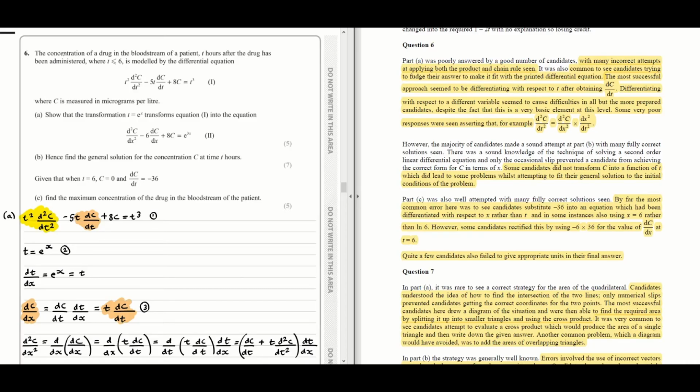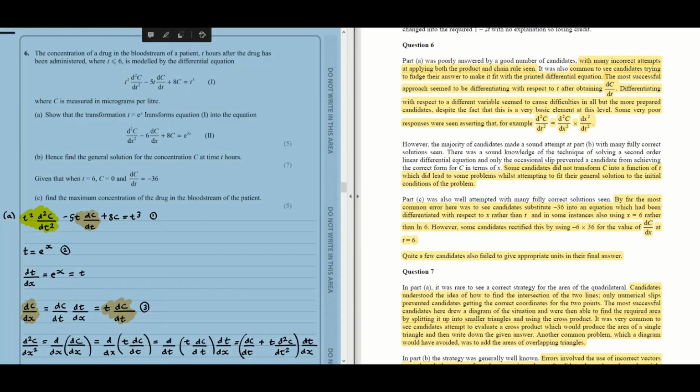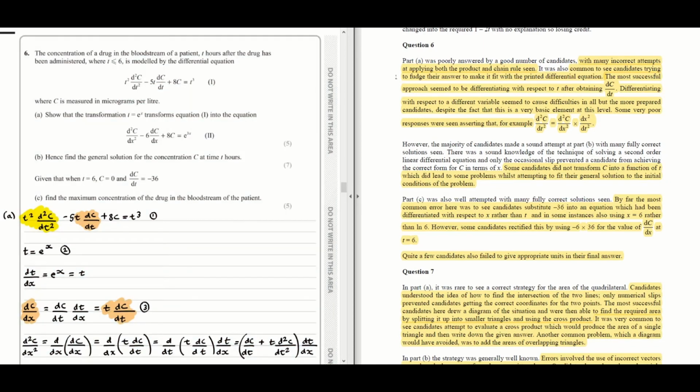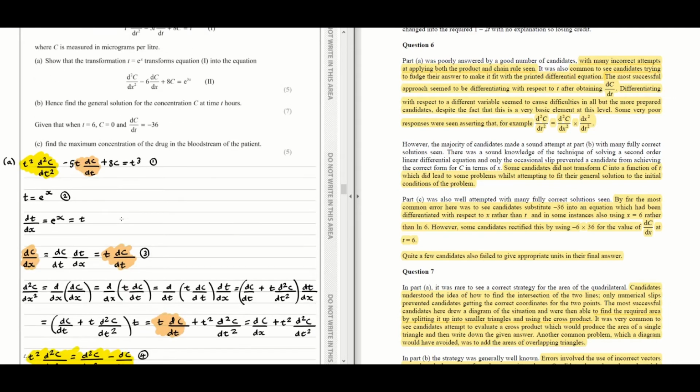Question 6 was concerning differential equations, and we had to use a substitution to simplify the differential equation. Part A was actually quite hard in my opinion, and the main problem was finding the second derivative. But before that, let's see what was said. There were many incorrect attempts at applying both the product and the chain rule. It was also common to see candidates trying to fudge their answer to make it fit with the printed differential equation. The most successful approach seemed to be differentiating with respect to t, as we did over here,